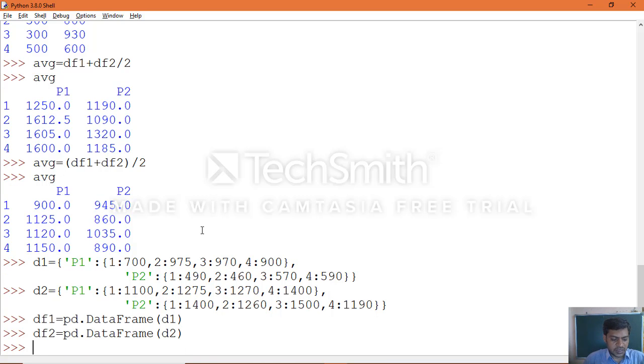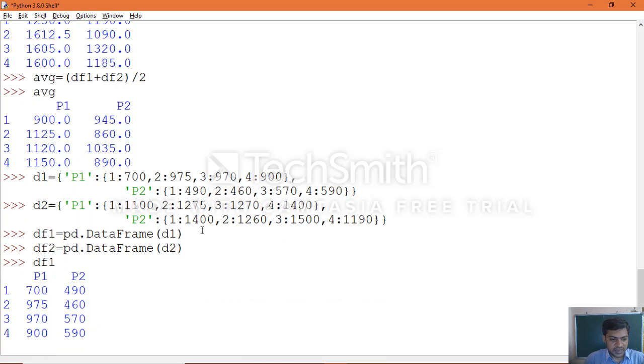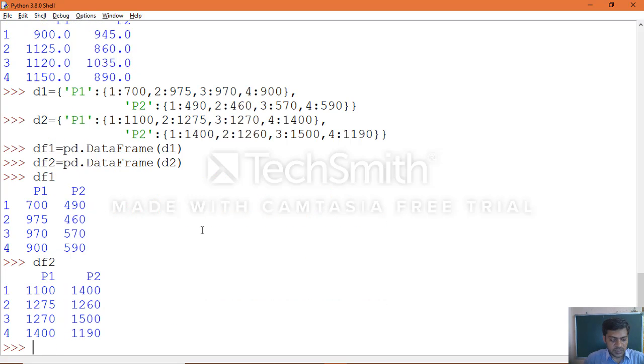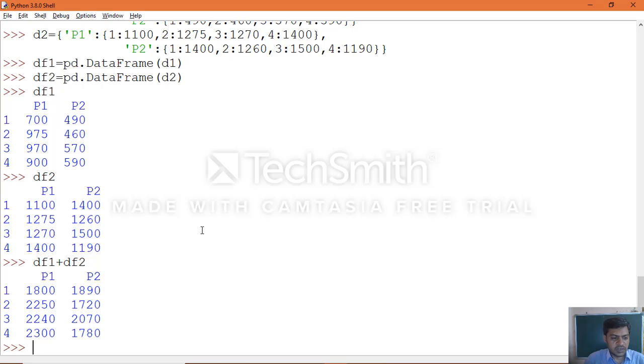Okay, so once you create the data frame objects, you can print the data as you can see, which works fine. You can perform the calculations which we did, which will give the same result. Here there is no need to specify strings only. The textbook represented the key as string type data, but you can use numeric data also.